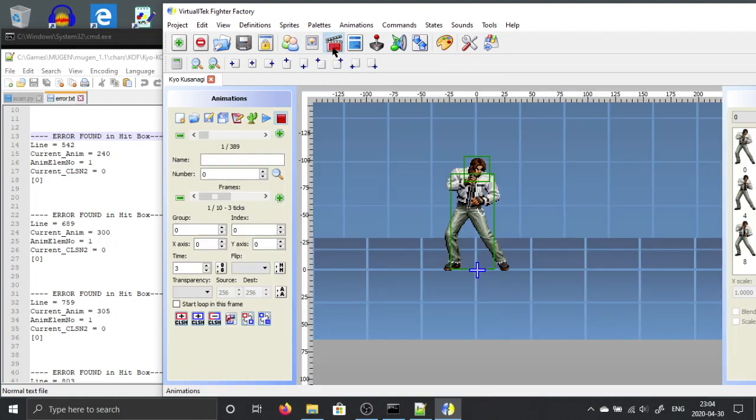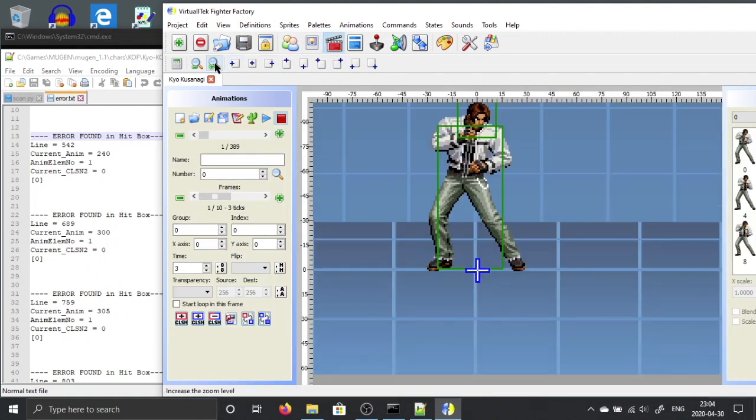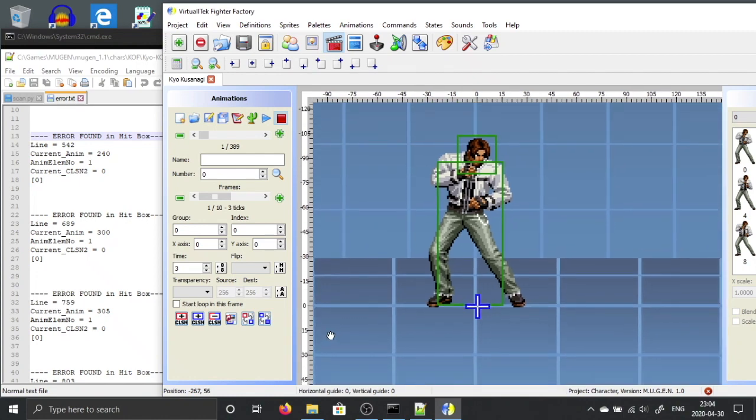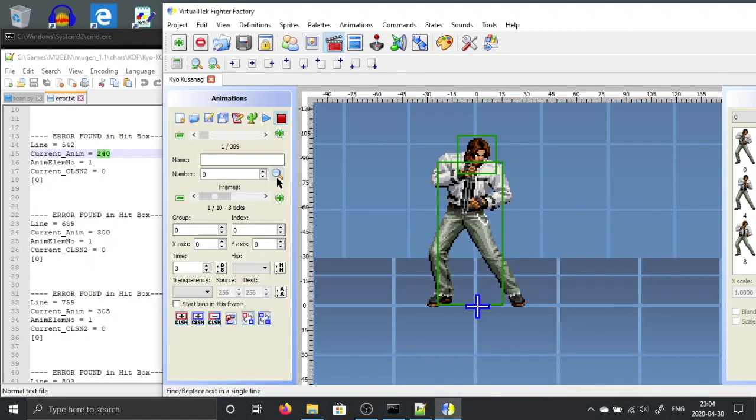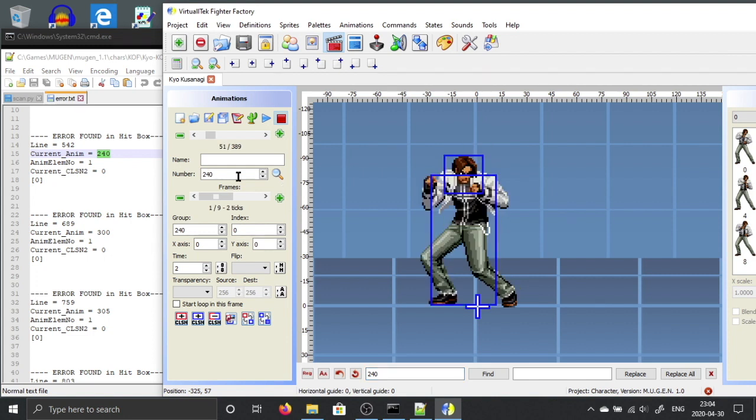Yes, we'll head to the animation. Okay, the first error was found in animation 240. Okay, let's find 240. The element is number 1, so it's this element. So we open up this